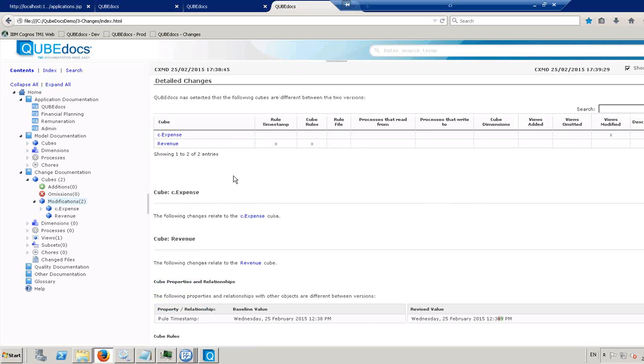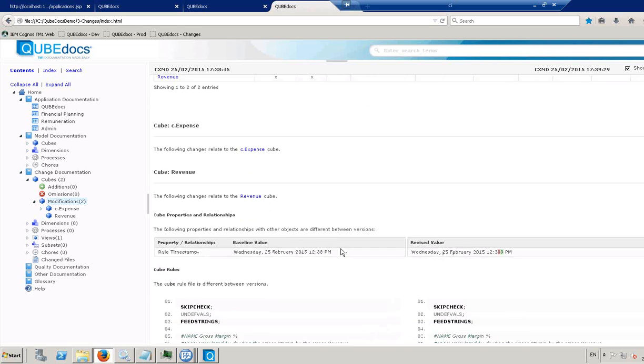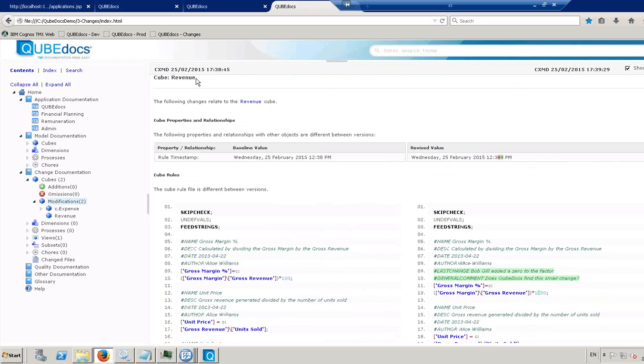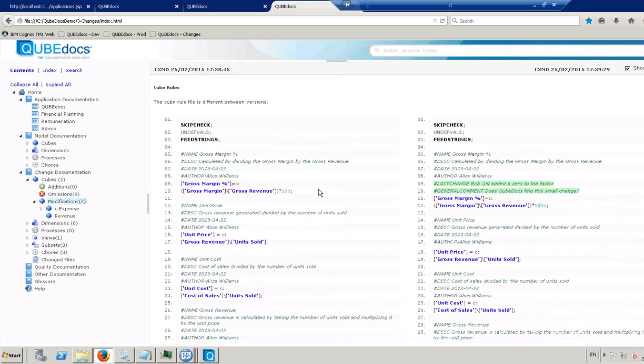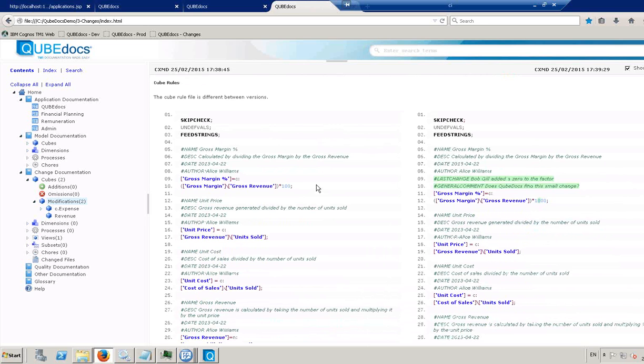and behold, our revenue cube is listed there. If I scroll down a bit, here's my reference to my revenue cube. The following changes relate to the revenue cube, cube properties and relationships. It has a timestamp. So even if someone just came in and opened it up and mistakenly hit save, we'll know. We won't necessarily know who, but we'll know that there was some kind of a change there. And here I'm looking at the specific rule file of before and after. And here we go. So this section I'm highlighting on the right shows that it picked up my last change